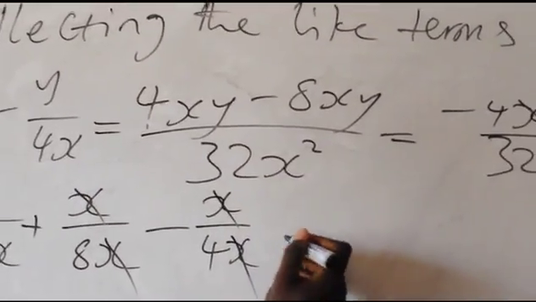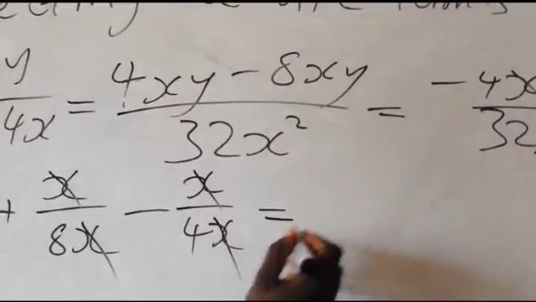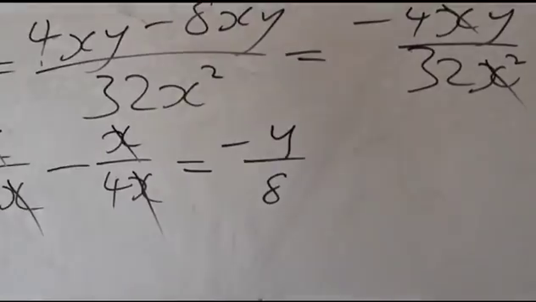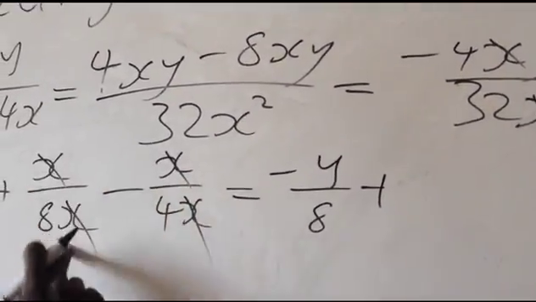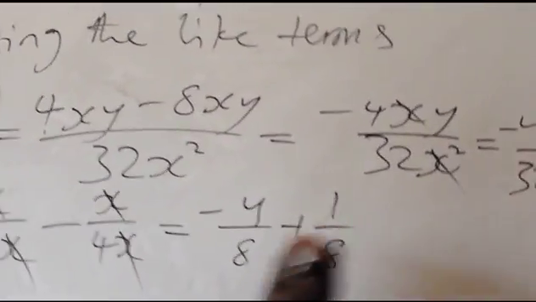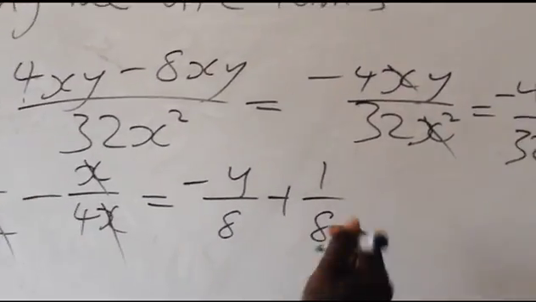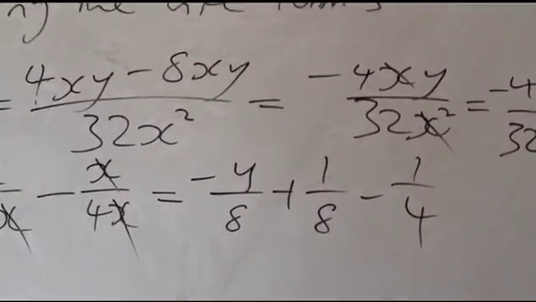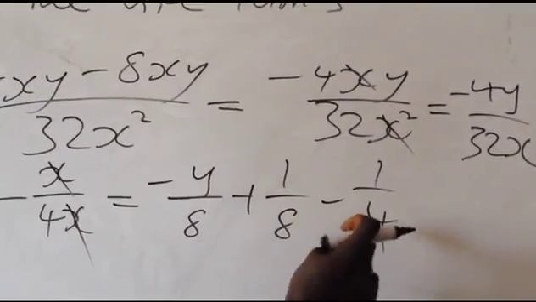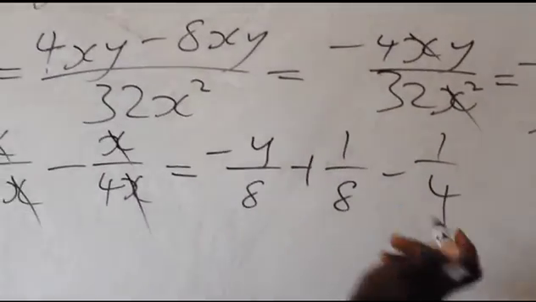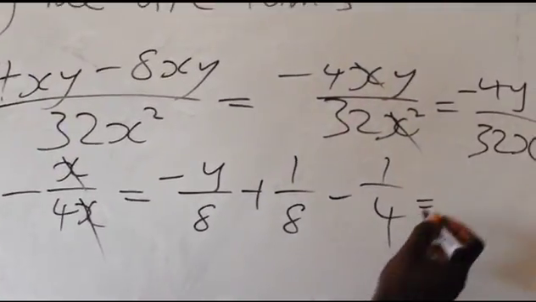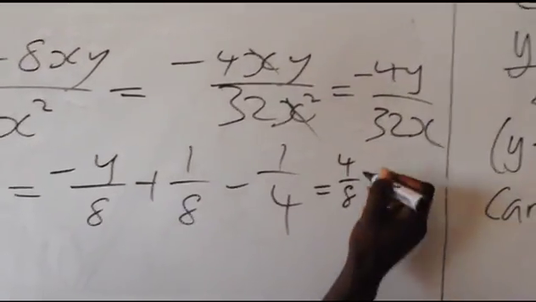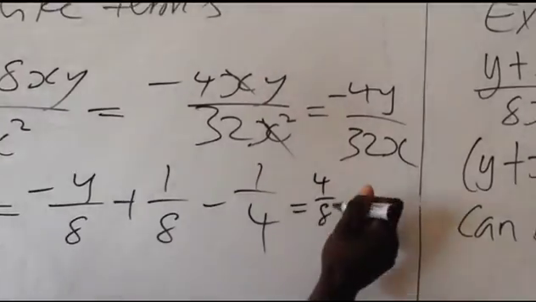So we have it to be equal to minus y over 8x, plus 1 over 8, minus 1 over 4. Then we still have to cross multiply. So this times this will give us 4 over 8. And this times this, that's 8 times minus 1, will give us minus